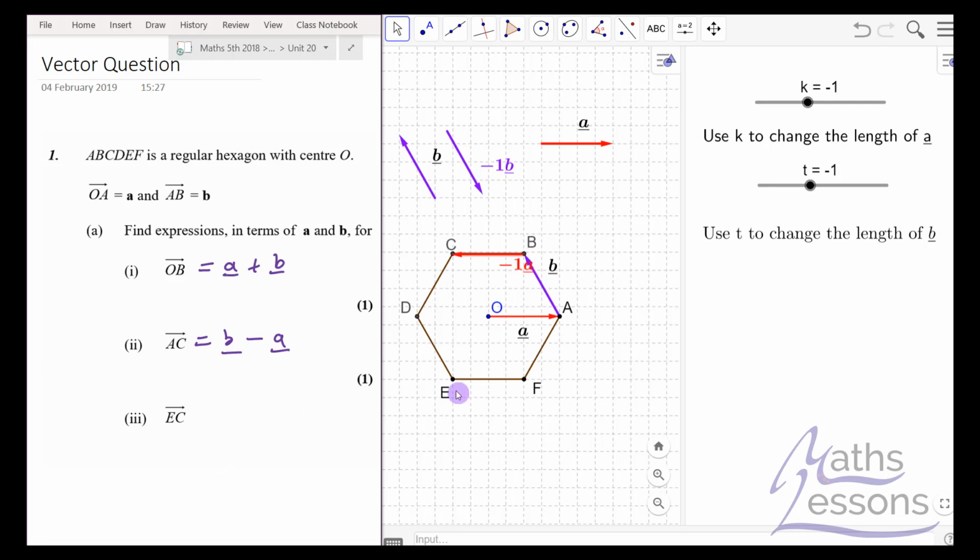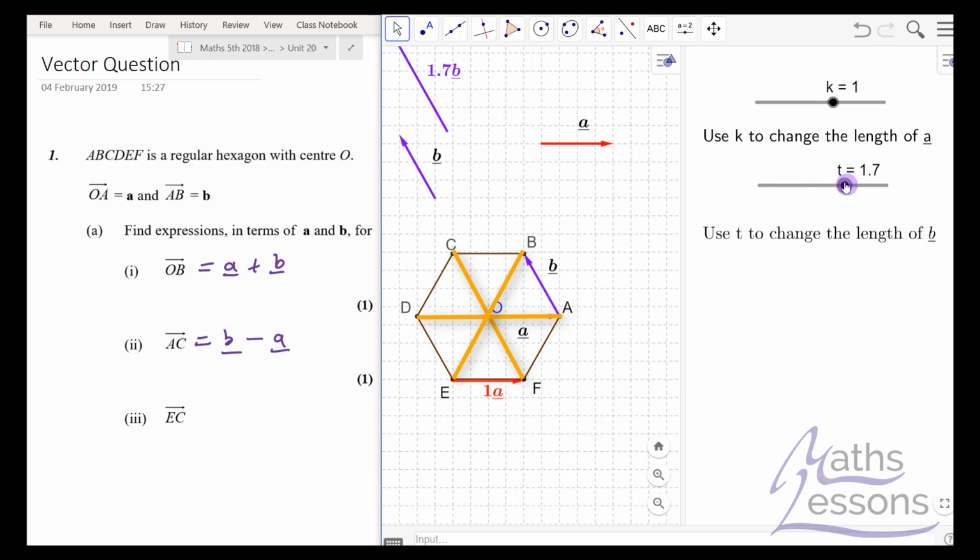Now we want to go from E to C. To get from E to C, we've got to think about how we can use A and B. And what we can do is use the fact that the hexagon will divide up into equilateral triangles to understand this. So effectively, if we know that A goes there, and then B takes us back to there, and then another B takes us back to there, and I'm going to put this vector here, and then we're going to make T equal 2 to get my double length B, and what you'll see is